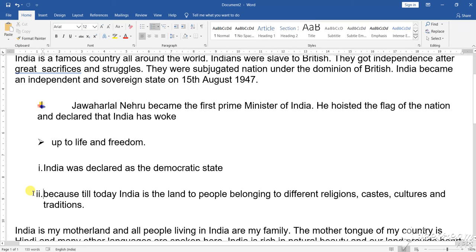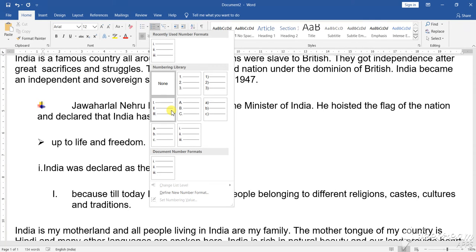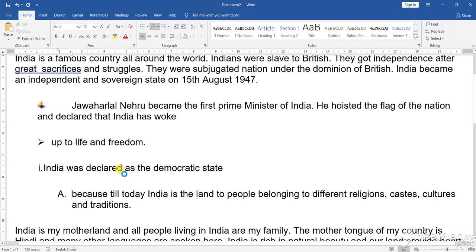What do I have to do? First I have to delete this one. As you delete this one, now you go to the number system. See here, as soon as you go to the number system, have you seen it? This is the first menu, this is the submenu. So this is your first point and this is your subpoints. It has now become the subpoints.